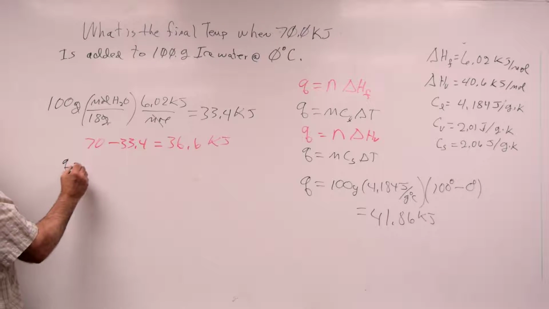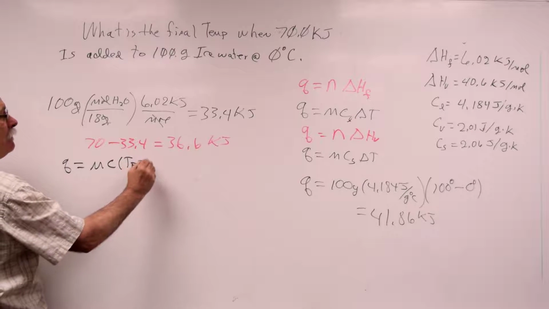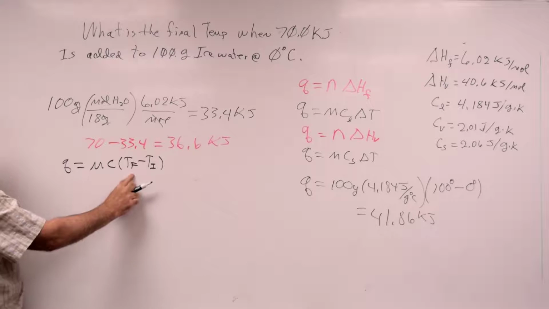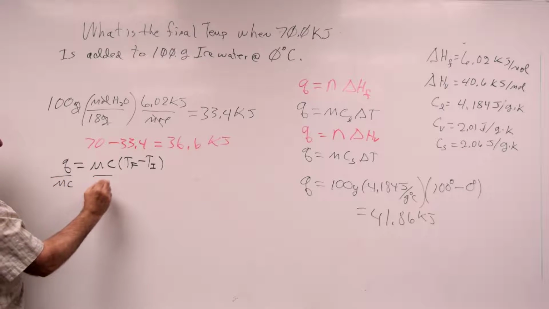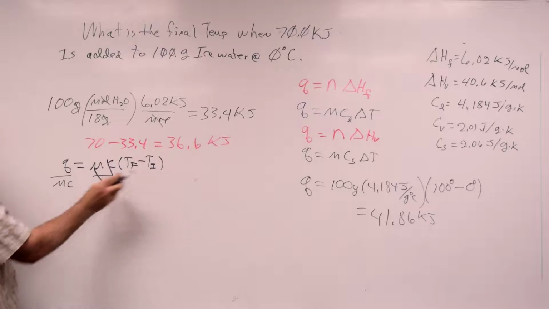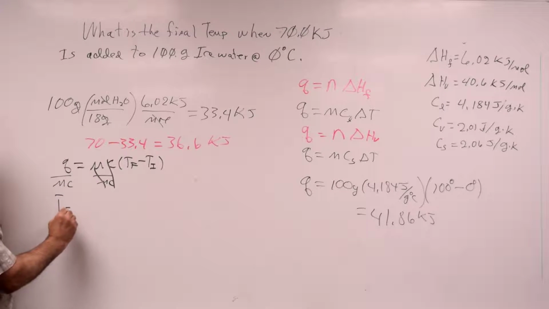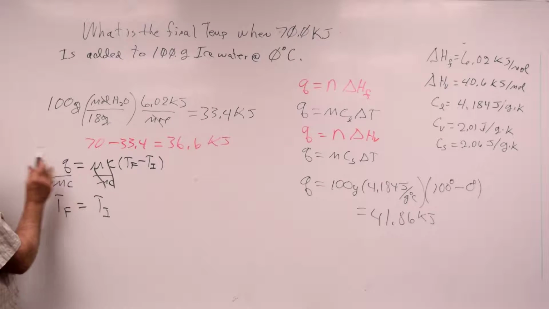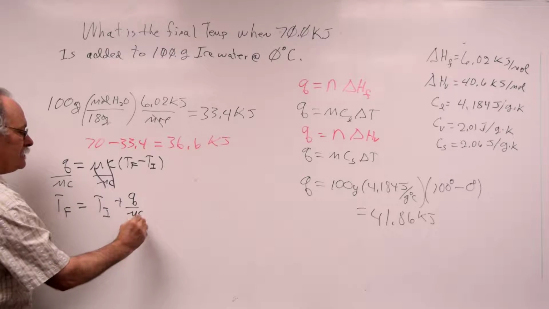So we go Q is equal to MC(TF minus TI), and we want to solve for TF, okay? So we divide both sides by MC, and we have TF minus TI equals Q over MC. So TF is equal to the initial temperature, I bring this to the other side, plus Q over MC, which